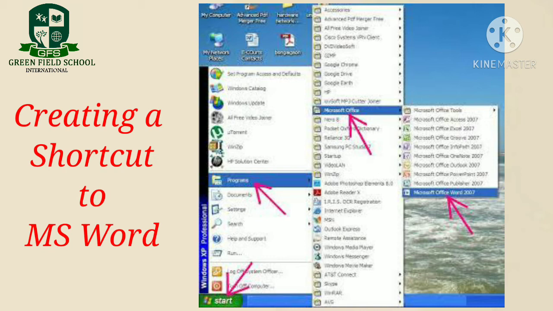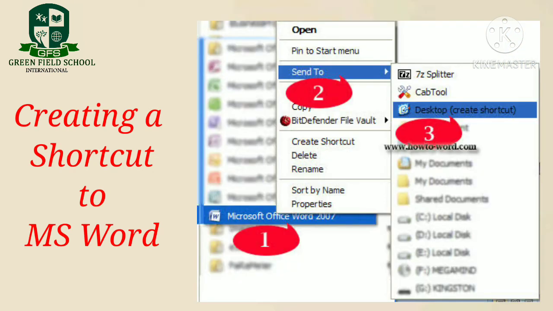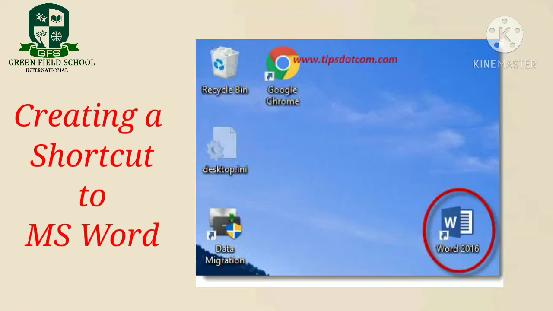Click on the Start button and then click on All Programs. Now place the cursor at Microsoft Office and again choose Microsoft Word 2007. Now right click on the Microsoft Word 2007 program, then a pop-up menu appears here. In this pop-up menu you select Send to option. Again a menu appears. In this menu you choose Desktop Create Shortcut option. Now a shortcut of Microsoft Word appears on your desktop with a jump arrow in the lower left corner. Now you can double click on this shortcut icon to open your application directly. So this is the process to create a shortcut.